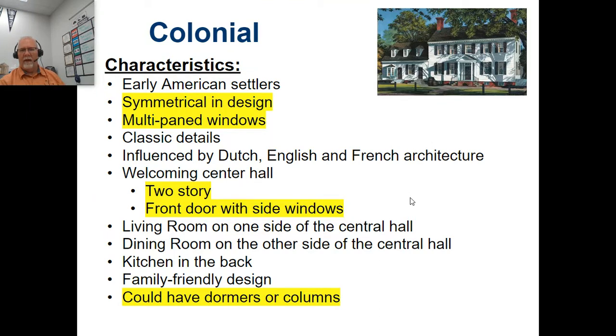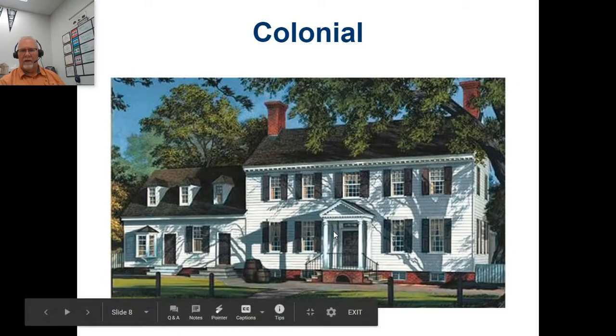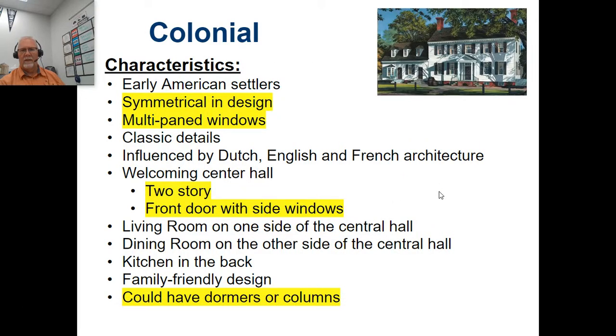Front door has side windows. Again, I'll go up a level, but if you look at your front door, a lot of times there's side windows here and here to give it some unique character and detail. Typically, living room on one side of the center hall, dining room on the other side of that center hall. Kitchen is oftentimes in the back. Maybe it's our service area. Perhaps your garage, your parking area is back there, so it makes it easy access for a kitchen or a